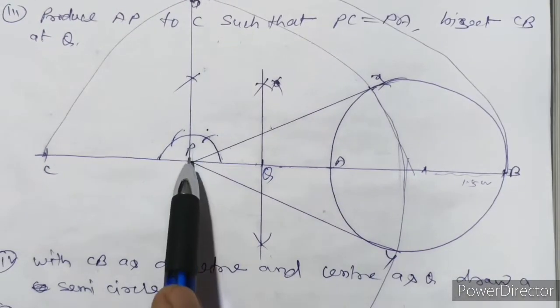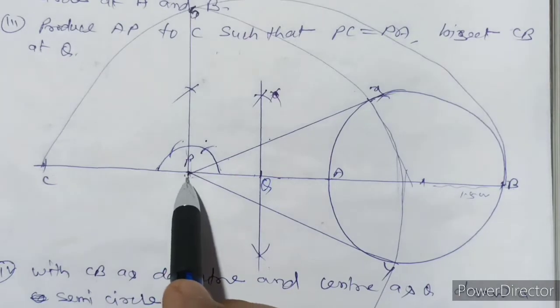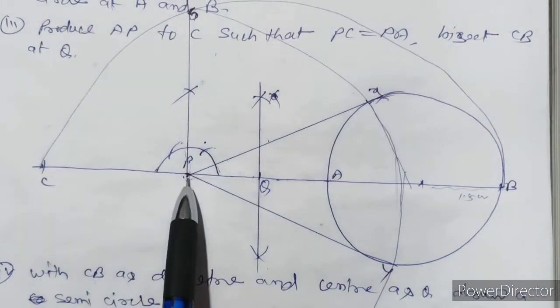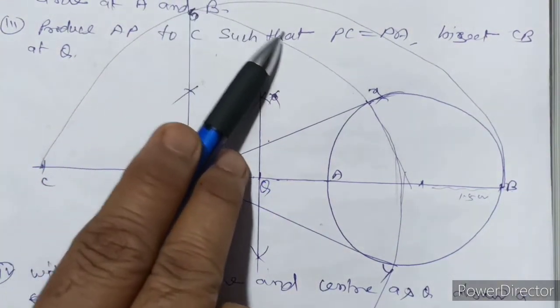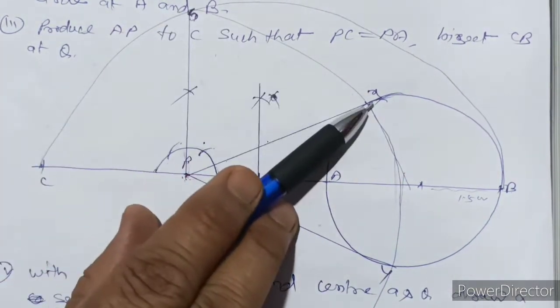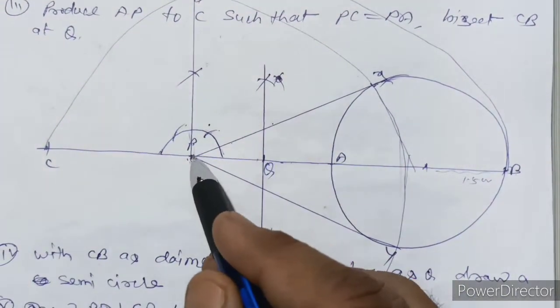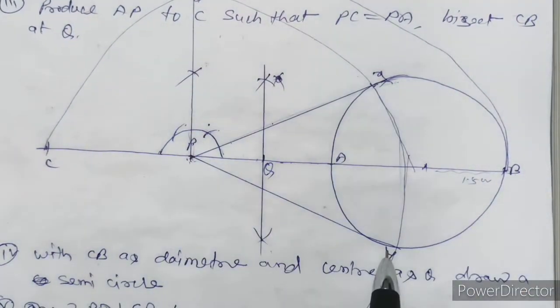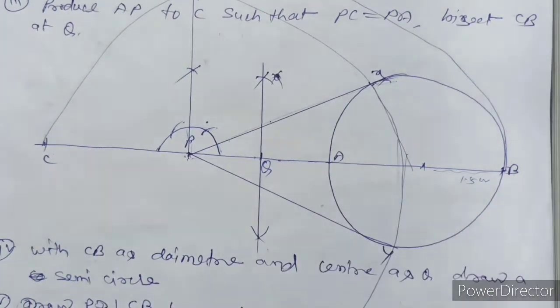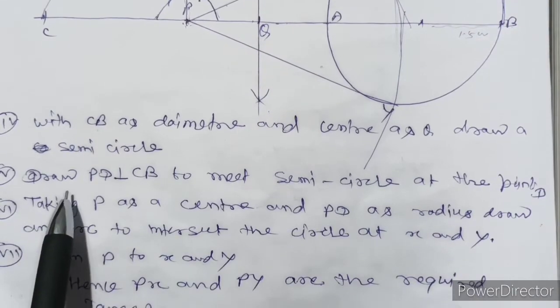After then take a point P and radius PD as a radius, and take a center P. Draw a semicircle which are cut X and Y on the circle. So joining to the PX and PY, this type we get the two tangent PX and PY is your complete answer. So draw